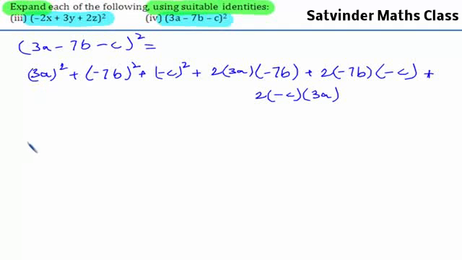Now simplifying this, you will get (3a)² is 9a², (-7b)² would be 49b², plus (-c)² would be c². You have plus into minus, 1 minus over here. 2 3's is 6, 6 7's is 42. Therefore -42ab. Now plus into minus is minus. That minus into one more minus makes it plus. 2 7's is 14. Therefore